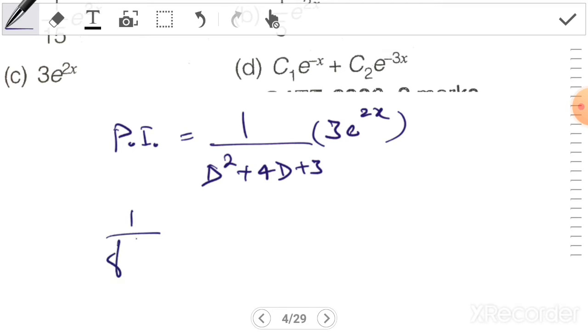Now since we know that f(D) e^(ax) is equal to 1 by f(a) e^(ax),